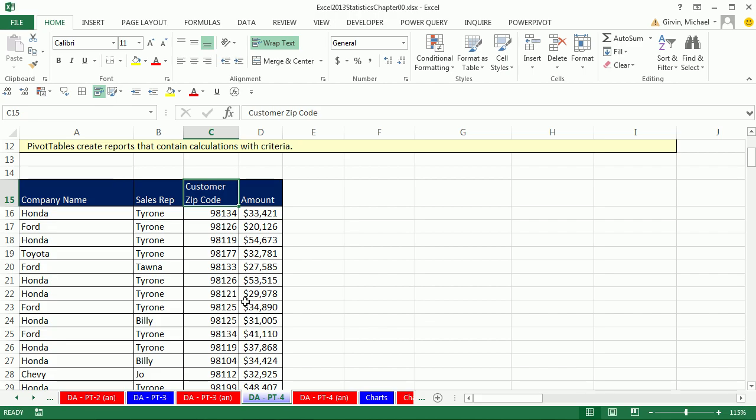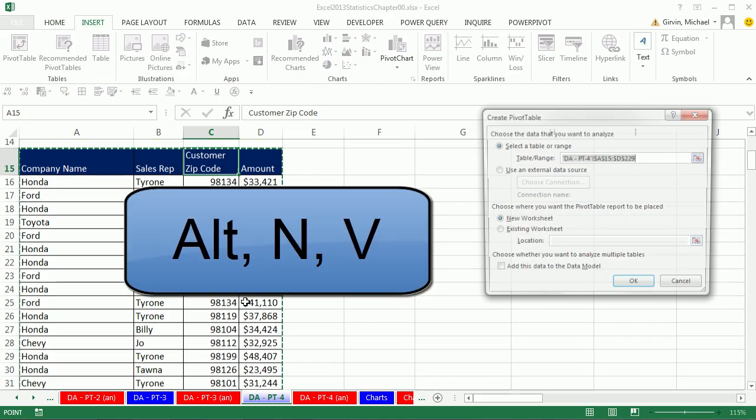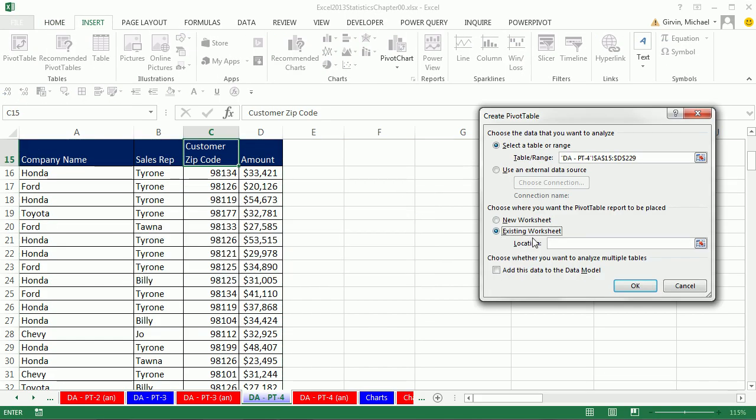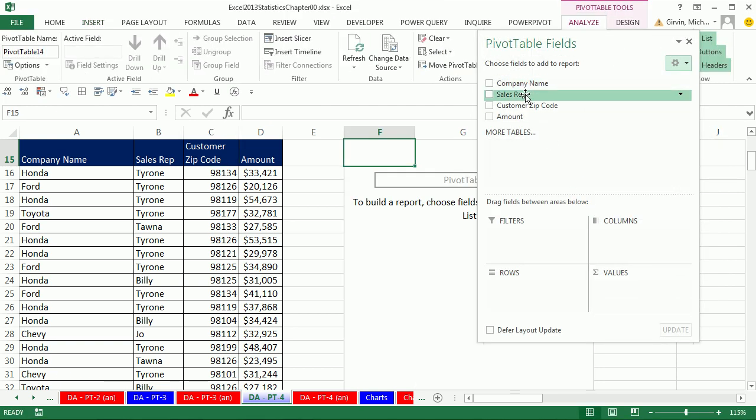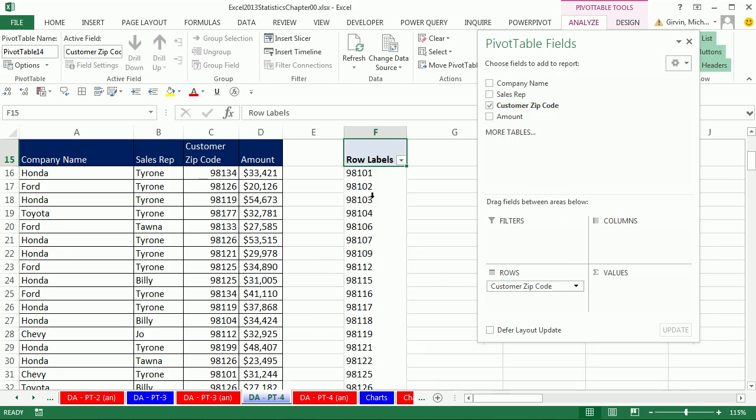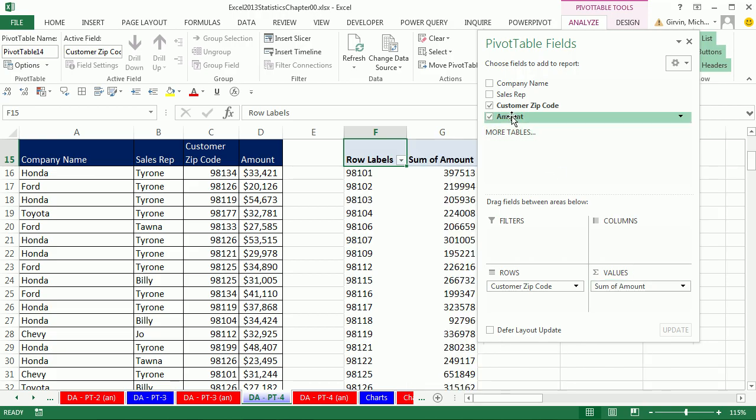All right, a single cell, Alt N V. Click Existing Location, F15, click OK. Now, the trick here is we're going to drag zip code down to rows. Instantly, we get a unique list. But now, since we have 3 calculations on amount, we go drag 1 time, drag 2 times,